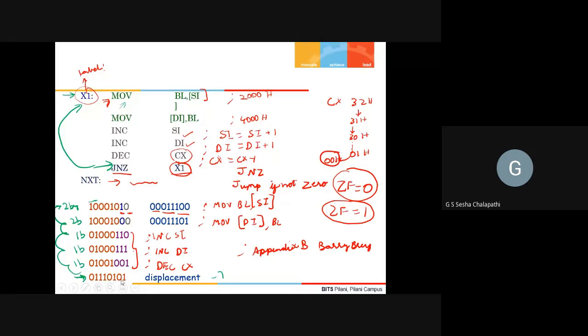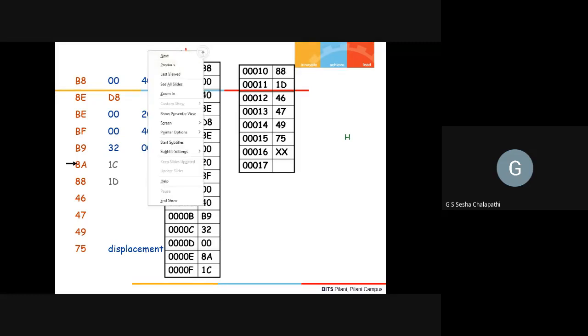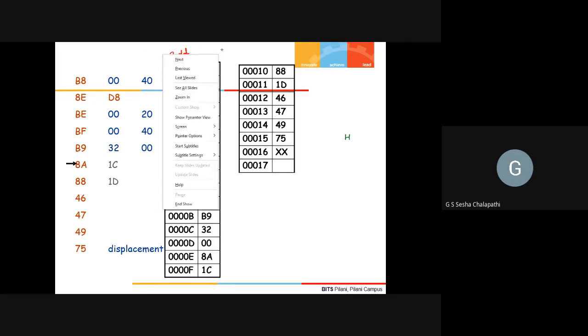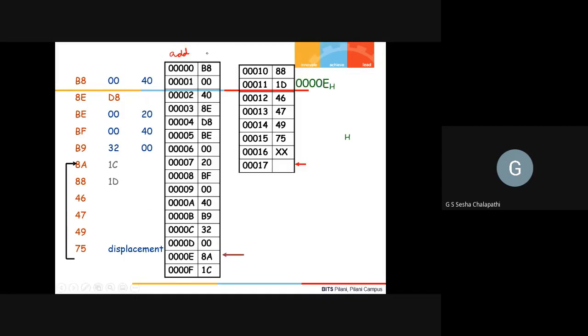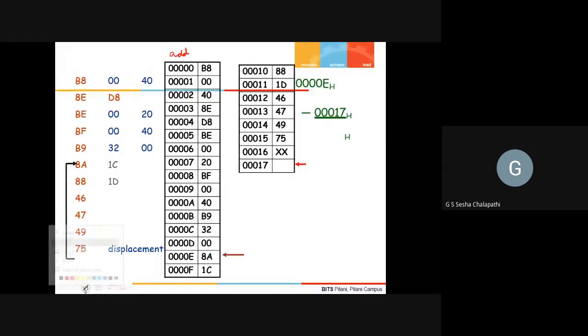If you put them in sequential order, this will be the address, and this will be the hexadecimal machine code. If you actually put it, it will be somewhere over here. 75, this is your jump instruction.